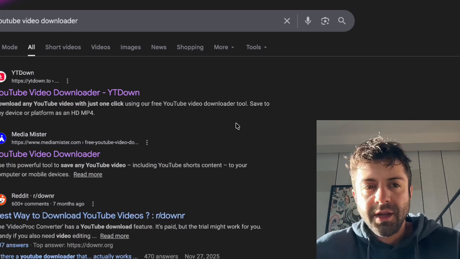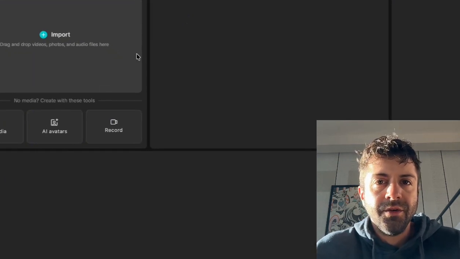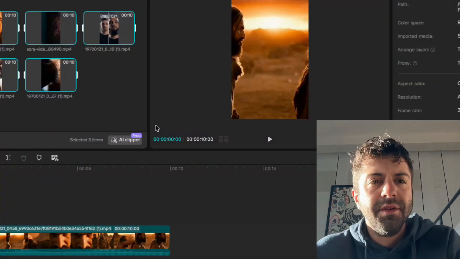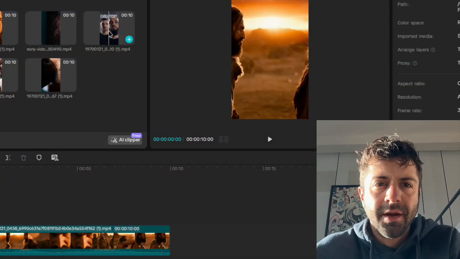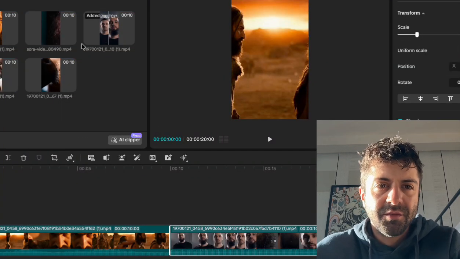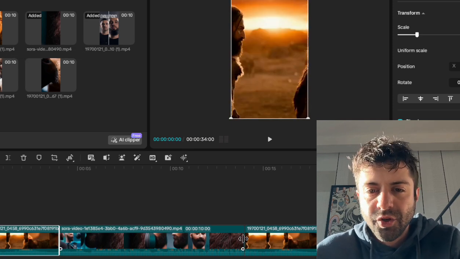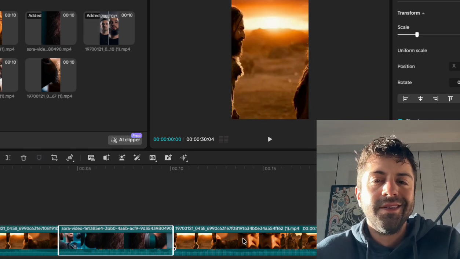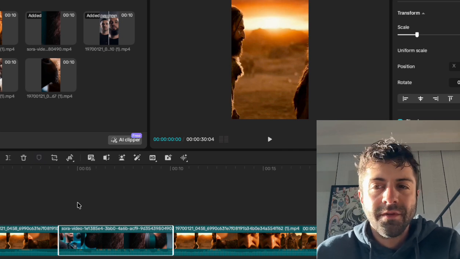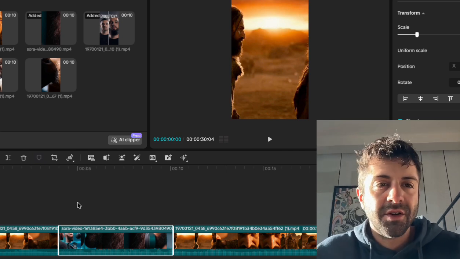And once you've got your clips, you drag your clips into CapCut here. Now the clips I'm using, these aren't ranking clips. This is just for a previous video I did. But you basically just want to add all the clips to the timeline right here. And you can chop them up, make them shorter. Typically a short is between 30 and 60 seconds. Don't make it too long. If you go over 60 seconds, you really start to lose people there.